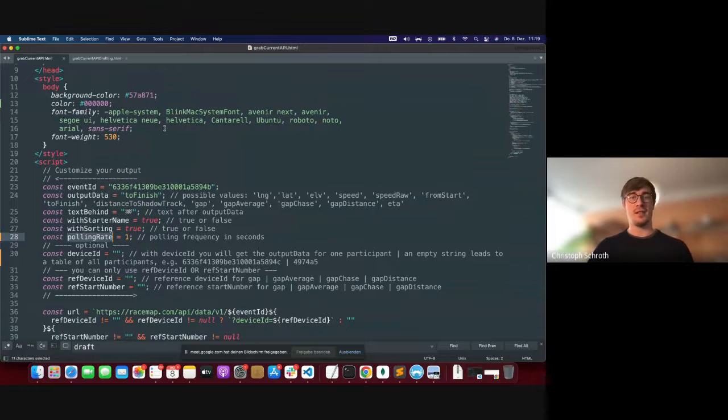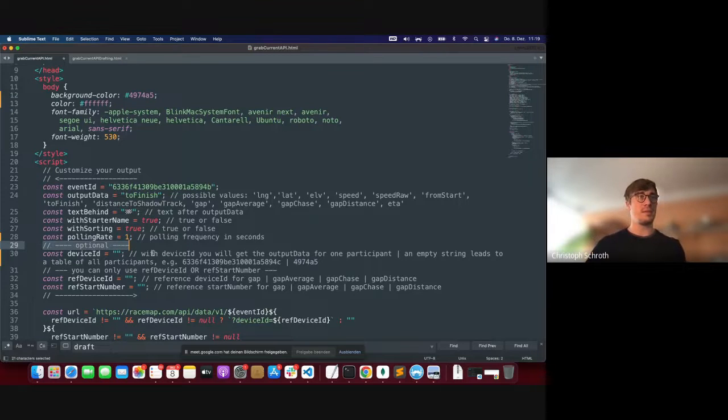So to customize the output a little more, I jump back to the script. And at first, as previously said, that you can change the design or the style of the script. I will add another background color, hex code here, a blue one, and text color with white. And we go down to the